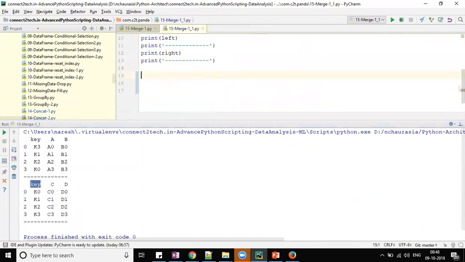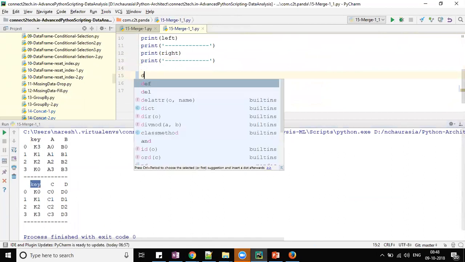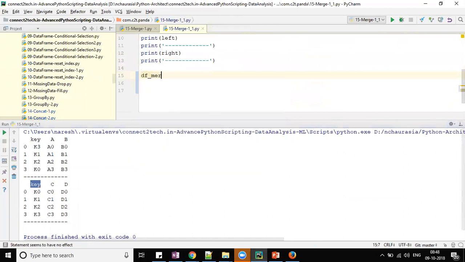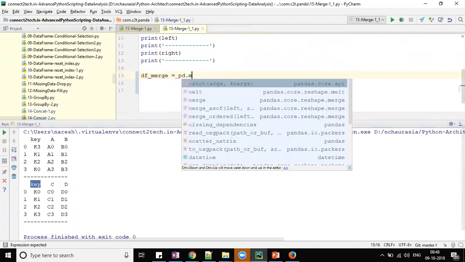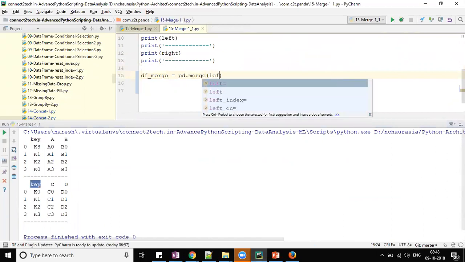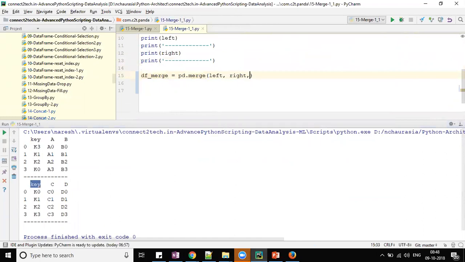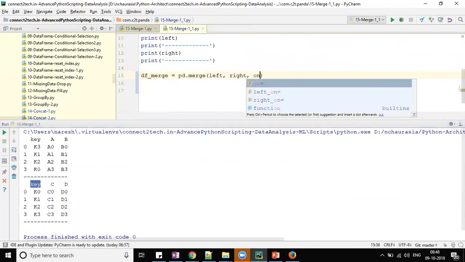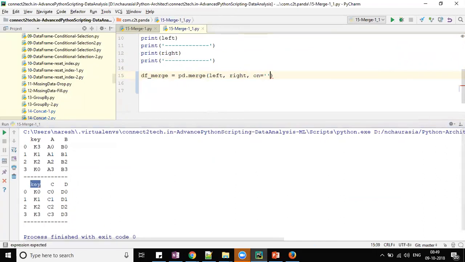So in that case, I can say df_merge equal to pd.merge, left, right, on. There is an option of giving on also, on equal to, I'm going to specify merge on the key